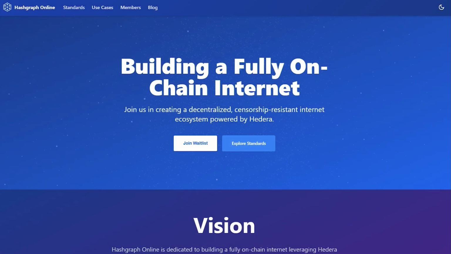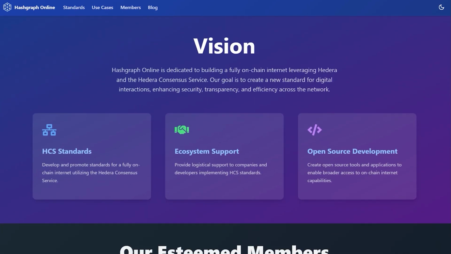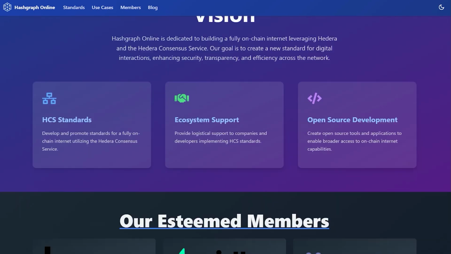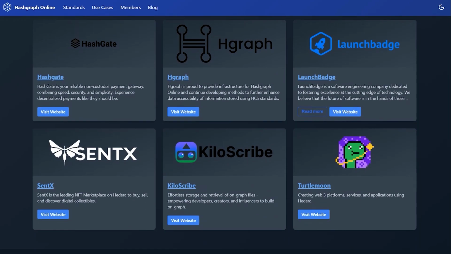Recently, we had a big announcement on the Genfinity show with Hashgraph Online formally becoming a DAO. It's actually been something that we've been working on for about 8 months, really. We've got 9 companies behind Hashgraph Online, and I'll be serving as the president to really lead us into this new world where, laddering up to the things that Kiloscribe is building, is a completely decentralized, censorship resistant internet that's powered entirely by Hedera and the Hedera consensus service. That's the world where I think we're heading.